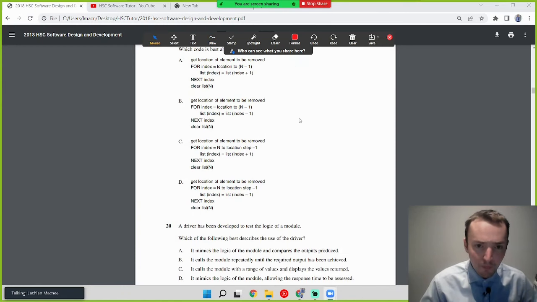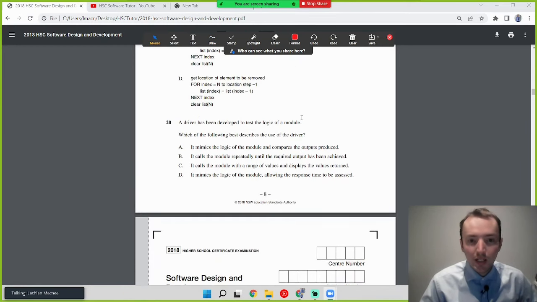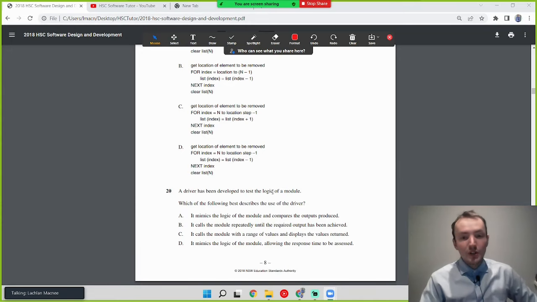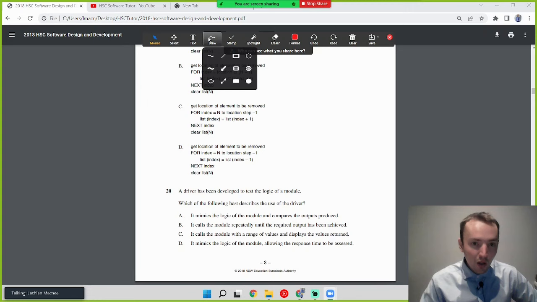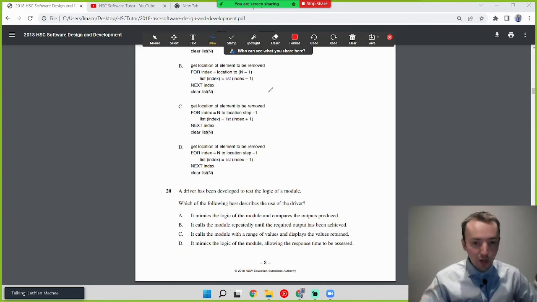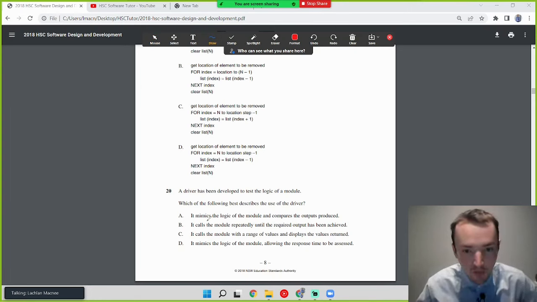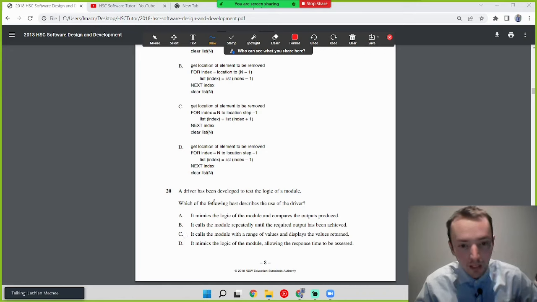Cool. All right. So question 20, lucky last. A driver has been developed to test the logic of a module. Which of the following best describes the use of a driver? This is you just need to know your definitions. So a driver is